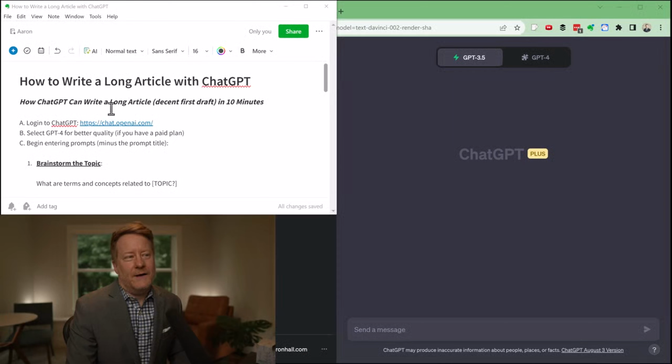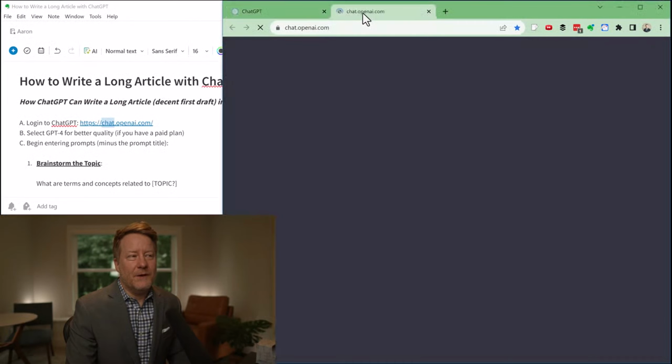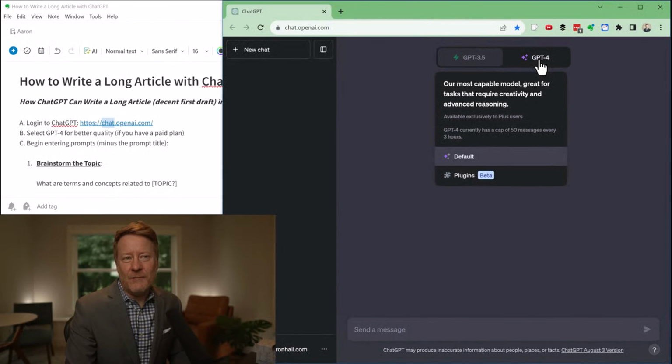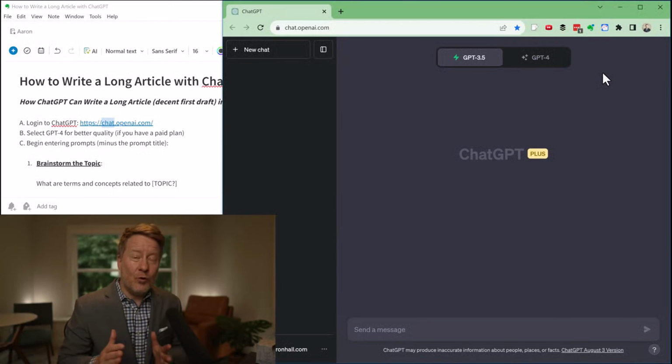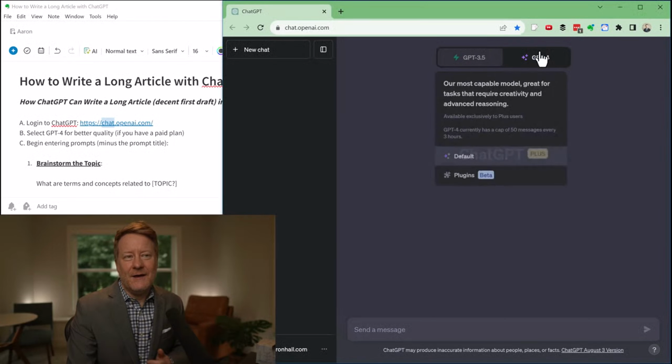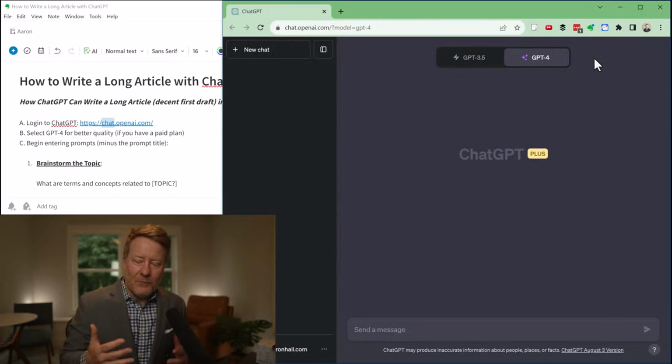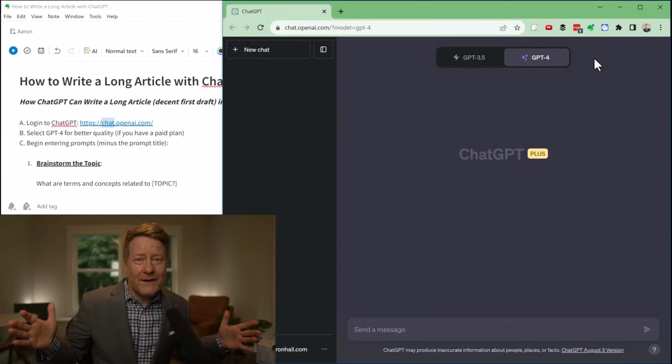First, you need to log on to ChatGPT. So I'm going to do this right here. Now, if you have GPT-4, which is the more advanced version of ChatGPT, you want to use that. It costs $20 a month right now for a subscription, which I pay, but it provides a little higher quality, a little more detail, a more refined understanding of the subject matter, and it makes sense because it's trained on a lot more data.